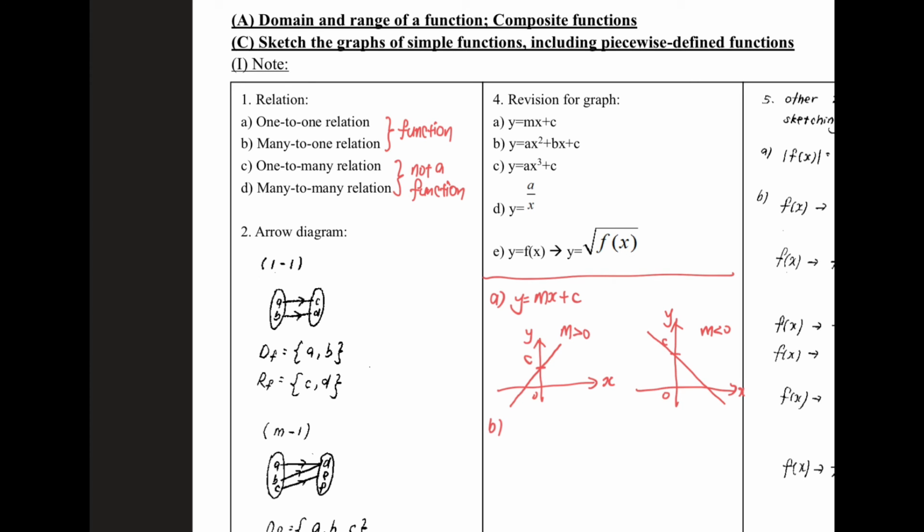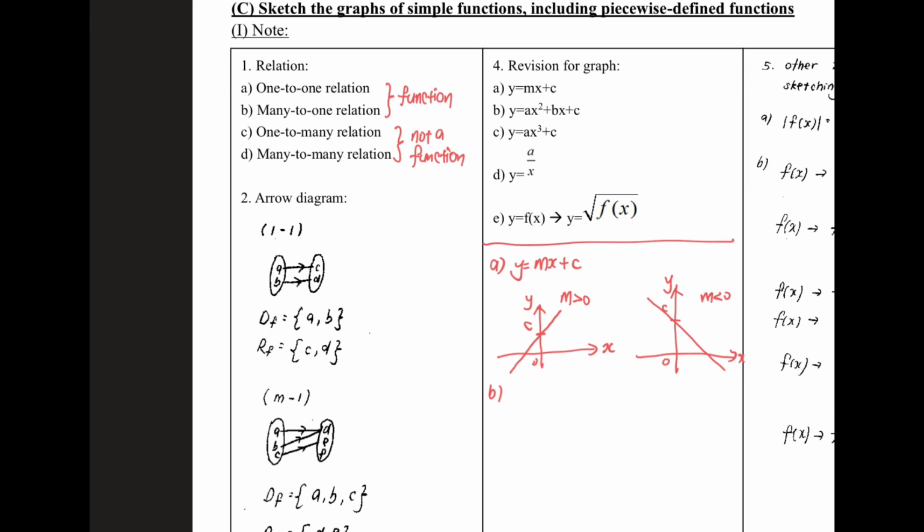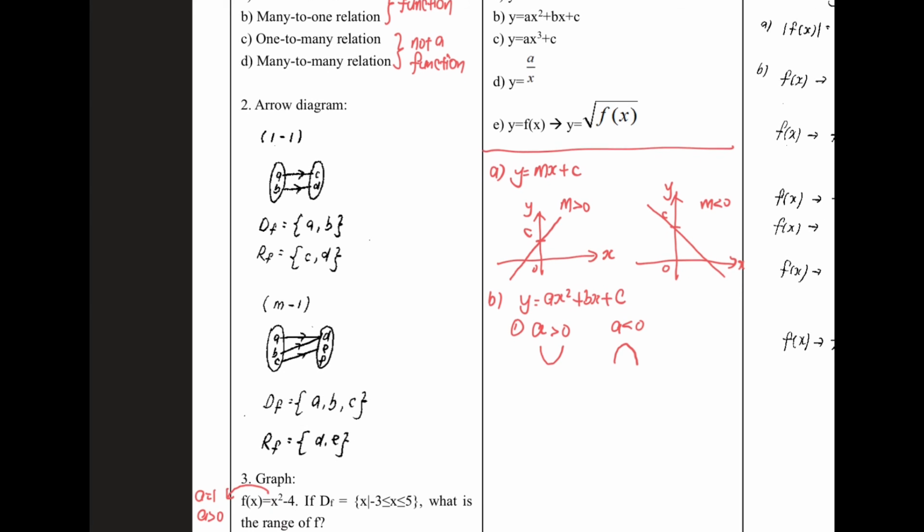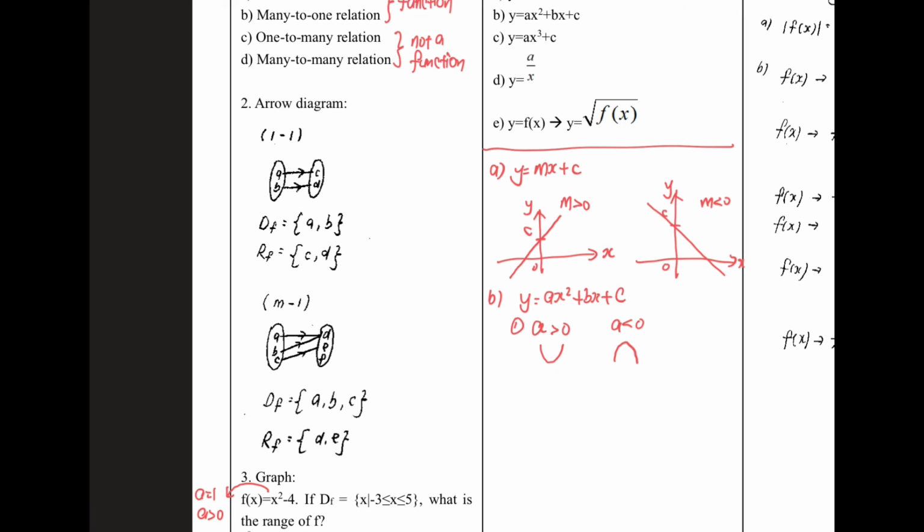Now we look at B. For B, we have y equal to ax squared plus bx plus c. So what to revise on this quadratic graph? The first thing, if a is greater than 0, the graph is a smiling face graph. If a is less than 0, it is a sad face graph. So that is the informal name for them. Of course, formally we call them parabola. So number 2,